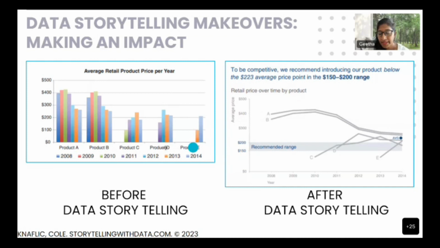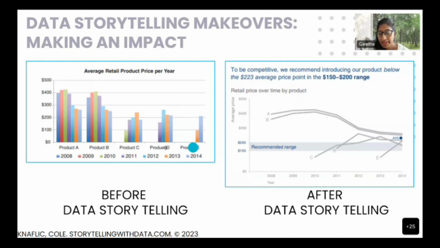Now, what I'd like to tell you today is to do storytelling. Reorganize your chart, recreate your chart with the same data set in a way that you can tell a story or make an impact. For example, the same data set that was used with this bar chart has been converted into a line chart here, with a different title and a different color scheme,